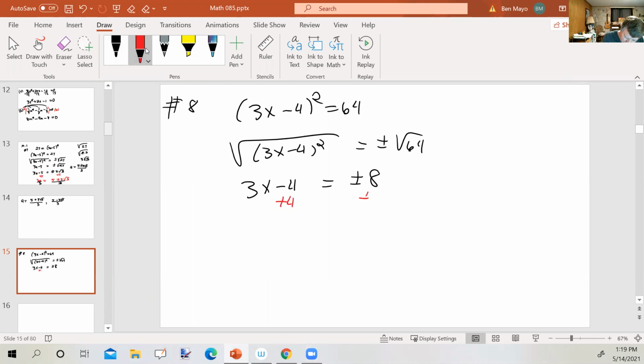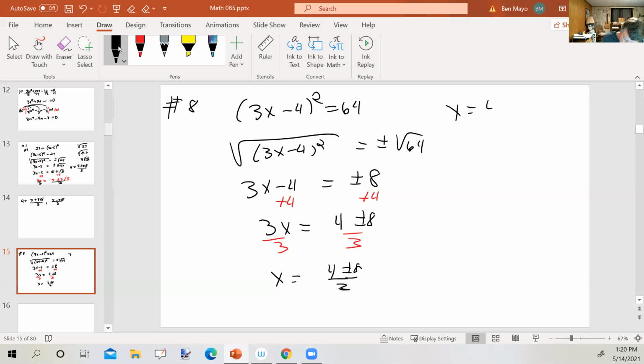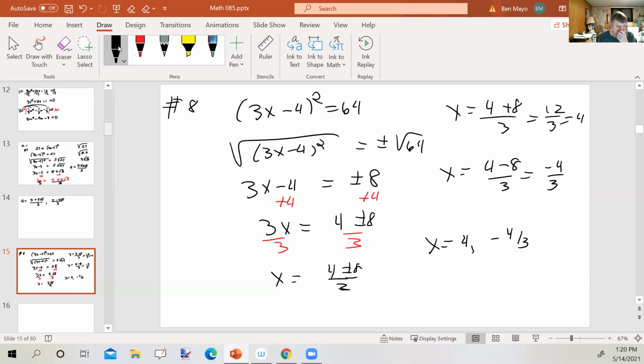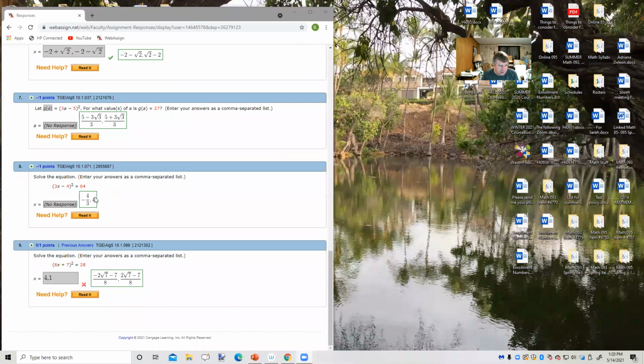Then I'm going to add 4 to both sides. So I'm going to get 3x equals 4 plus or minus 8. Then I'm going to divide both sides by 3. So x equals 4 plus or minus 8 over 3. So x equals 4 plus 8 over 3, which is 12 over 3 or 4. X equals 4 minus 8 over 3, which is negative 4/3. So x equals 4 and negative 4/3. All right, so again, we'll go back and look at WebAssign, and here you can see the 2 answers, negative 4/3 and 4. Finally, number 9,